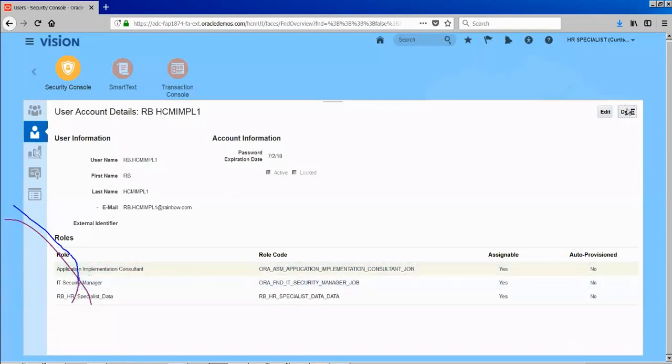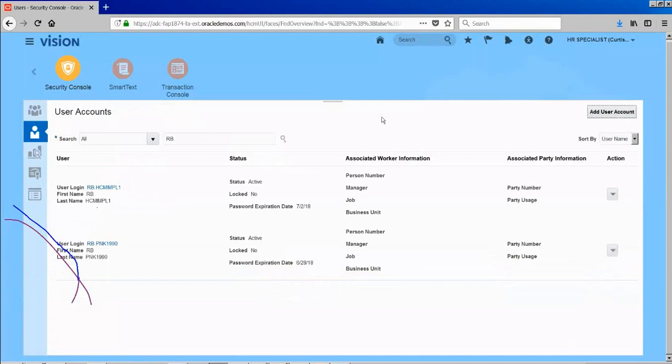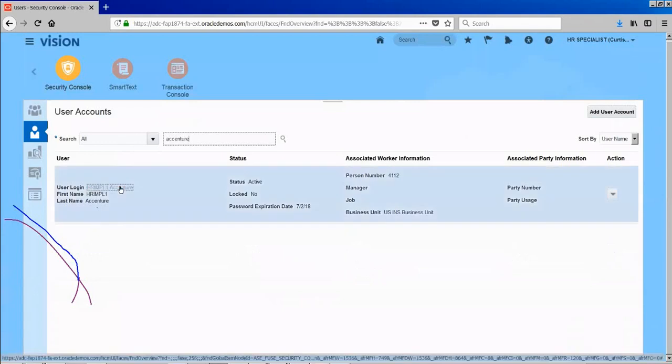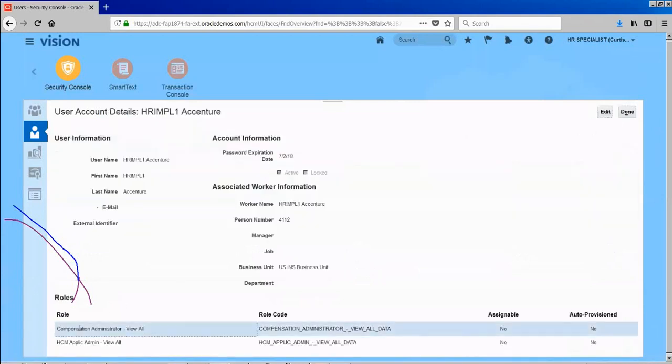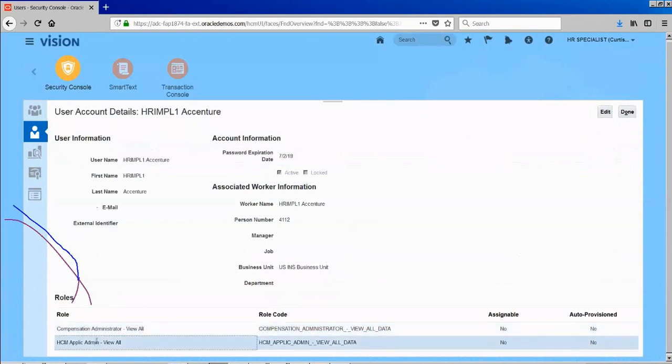Whereas the functional user is not about the foundational data or the security. It's all about implementing the real functionality, implementing the compensation module. Implementation of a module has some set of configurations, or implementing core HR, or HR specific functionalities like self-service. Those are different kinds of setups. Think of an account payables implementer, who has a different set of steps to follow to implement account payables. Hope you understand the difference between implementation user and functional user.